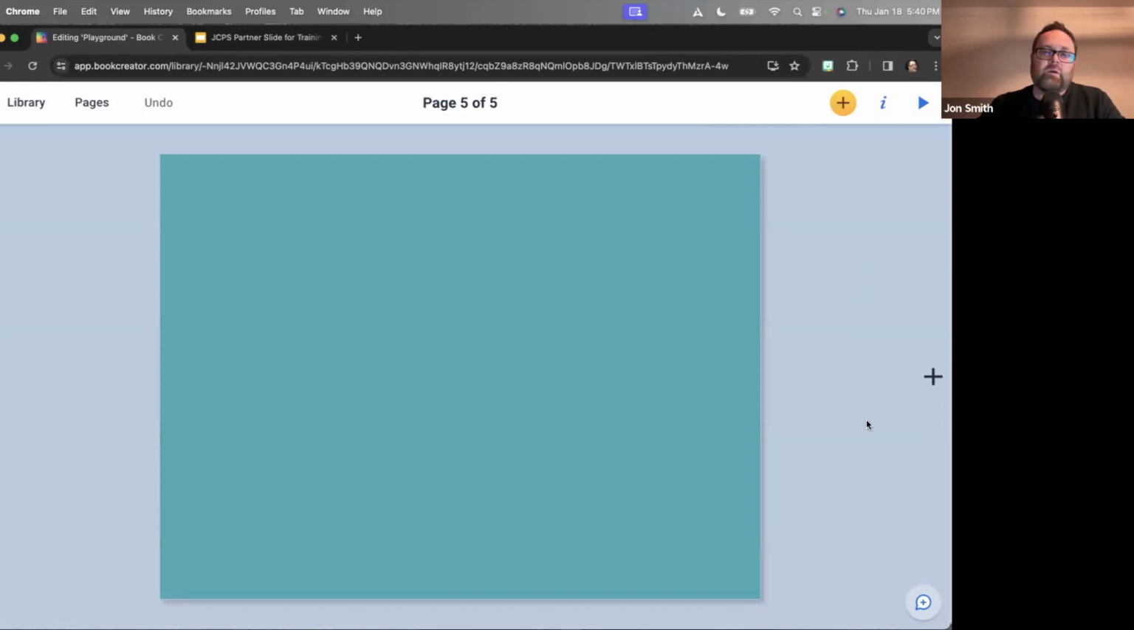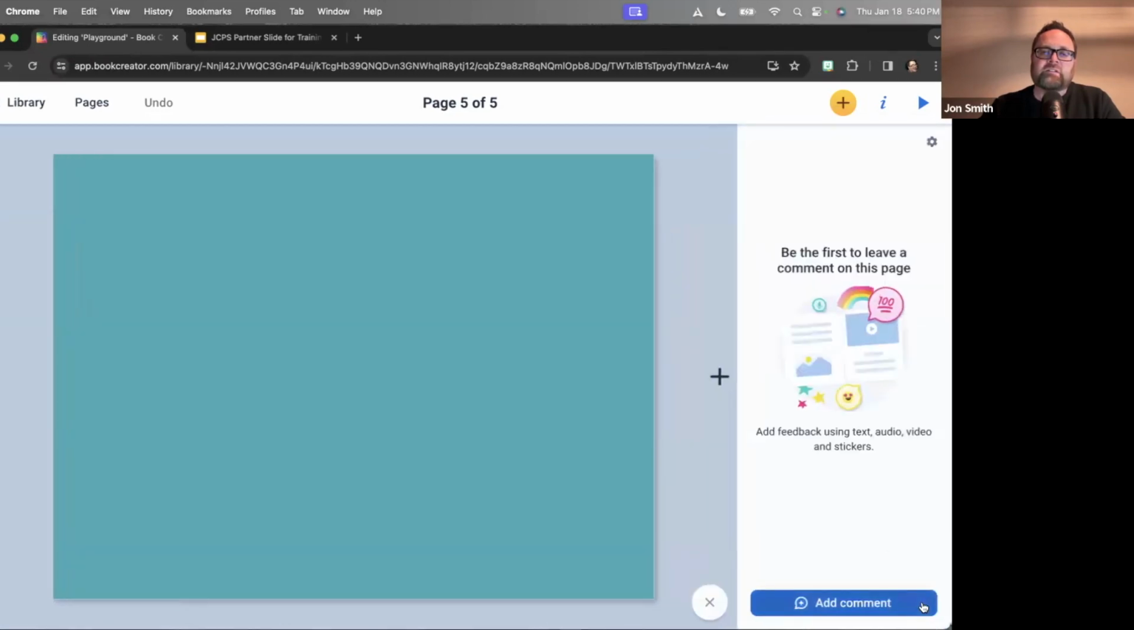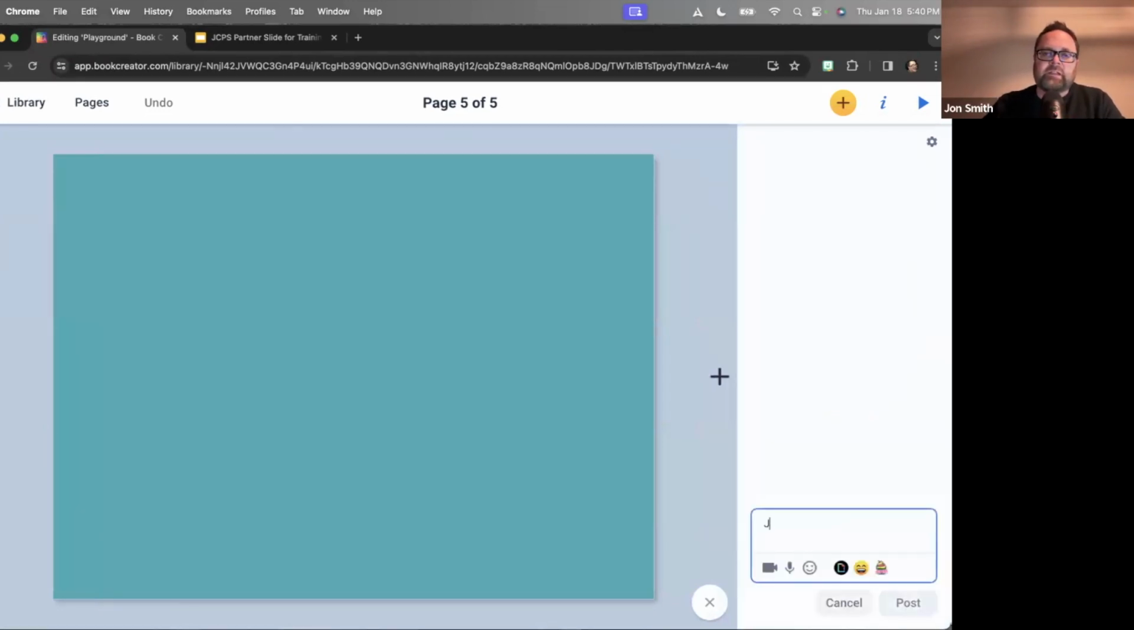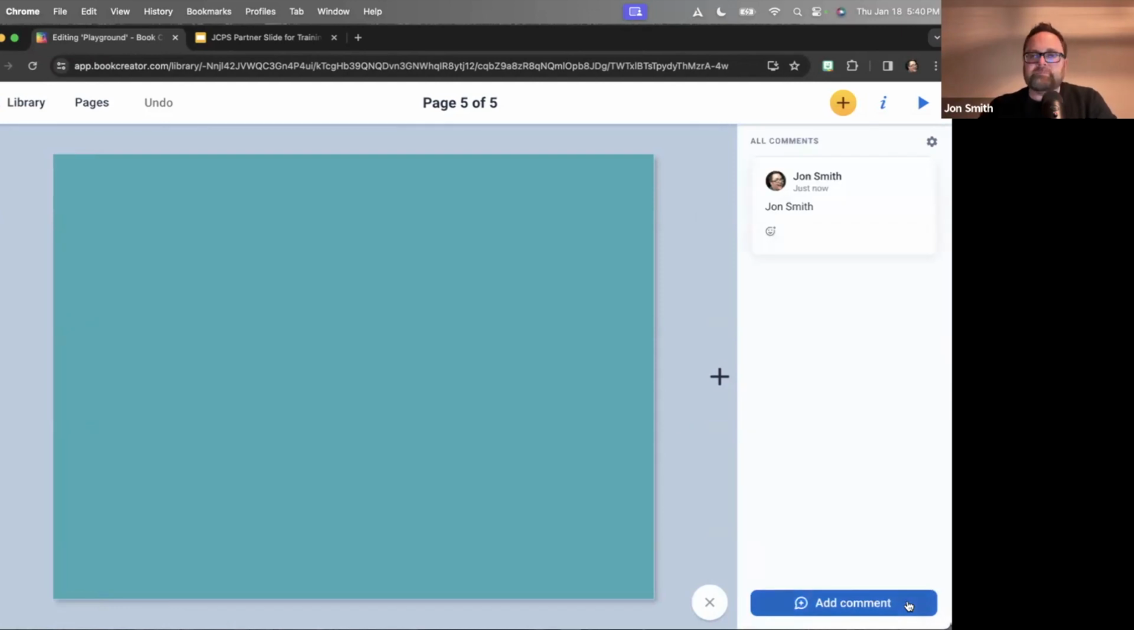All right, now the next feature that I want to talk about is down here at the bottom, and that is another plus button inside of a speech bubble. What that does is it opens up a feedback tab. So when your students are working on their work, you can simply click add comment. You can comment on their work and click post. Kids will see it. They can click on a little emoji, give it a reaction. And if you want, by clicking the little gear here, you can allow them to make comments back on your